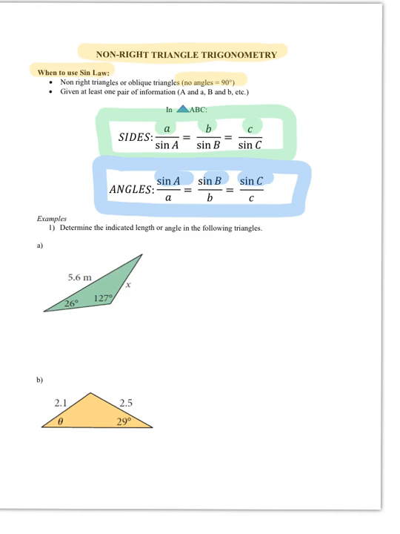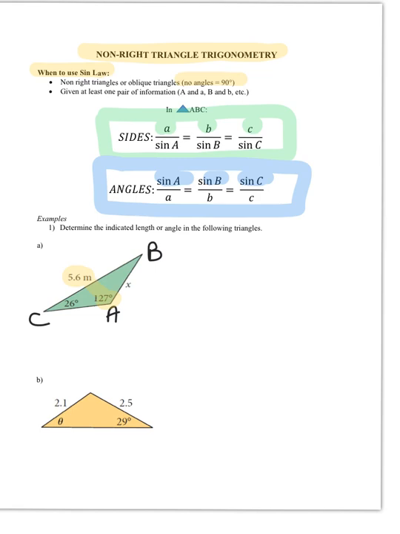Okay, so our first question here, we're asked to find the indicated length or angle in the following triangles. So the first one we have is an angle X. So when I say I have a pair of sides, I'm just going to label my corners here. So let's say I have A, B at the top, and C over here. Then I have a pair of sides. I have angle A and the side across from it. So I can use that pair of information, and then I have one other angle and I'm looking for its